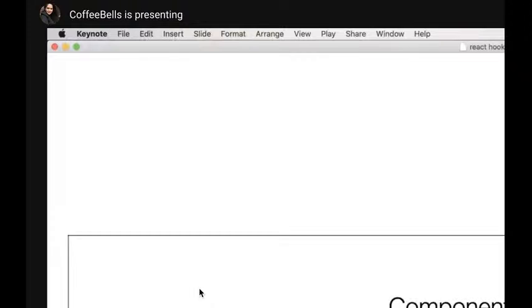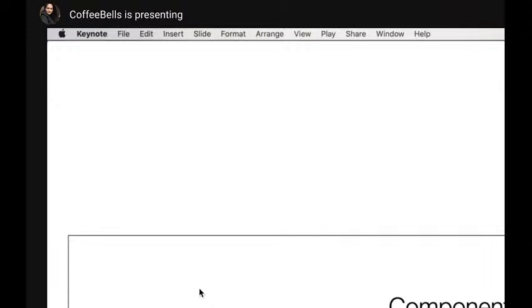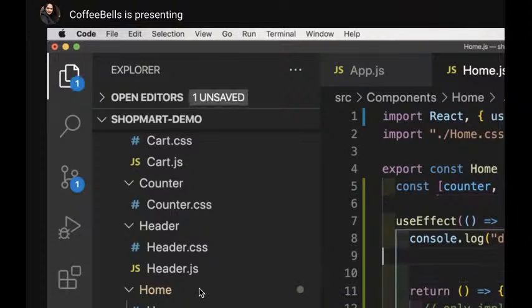Next is component did update. Every time some variable changes, some prop or state changes, component did update is called. Also, it is called in the initial mounting. So component did update will do the job of component did mount as well as any updation. So in case I decide to change this setCounter here, ignore the return function right now, we'll reach that later on. For example, if I do a setCounter and set the value to 100.